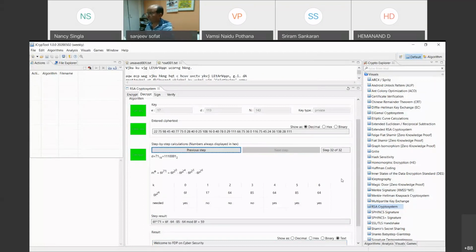So basically it's for learning purposes. You can see how the calculations work, you can visualize it. Quickly, I can also tell you how it can be used for signing purposes also. You can sign.